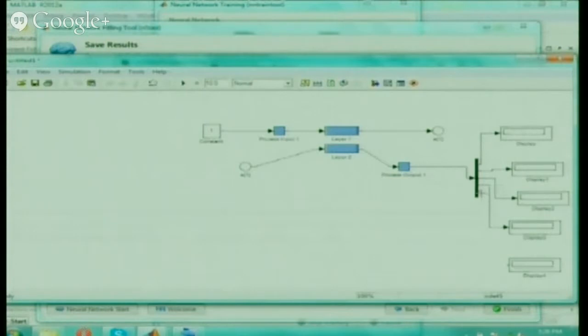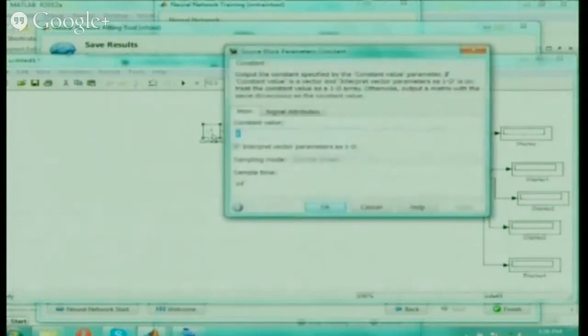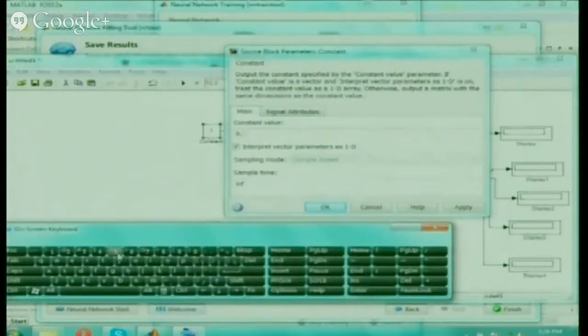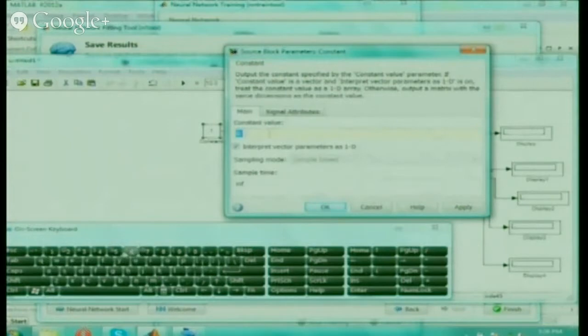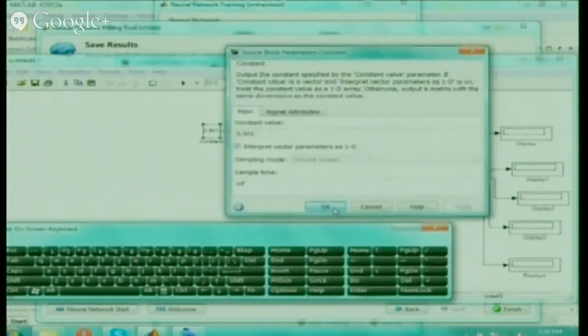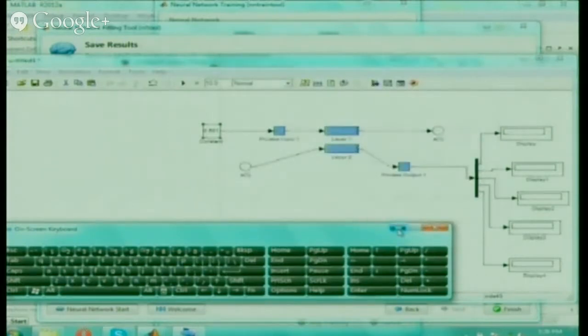I'm just connecting it to the display and it should work. So if I give a modulation index of some 0.5, 0.1, it should work.